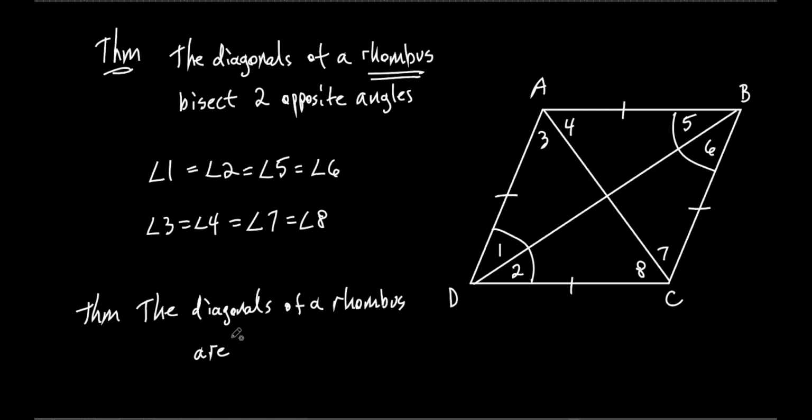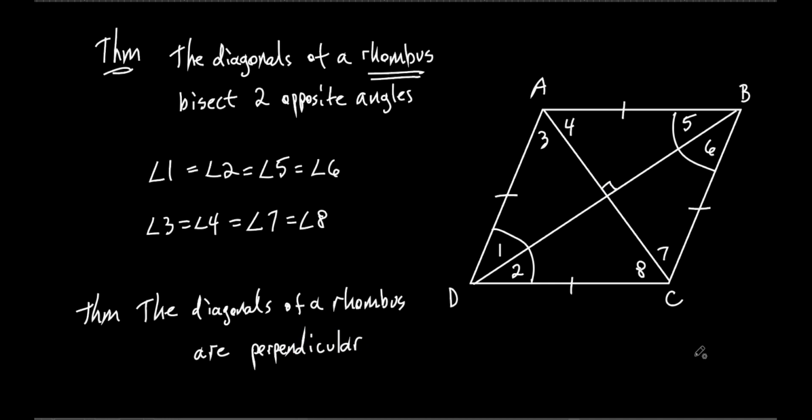The diagonals of a rhombus are what? What's the word if it makes a 90-degree angle? Perpendicular. Perpendicular. All right? So that's another thing we know about the diagonals of a rhombus, that they are